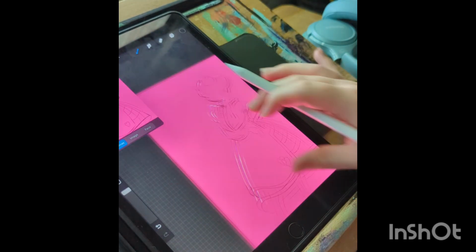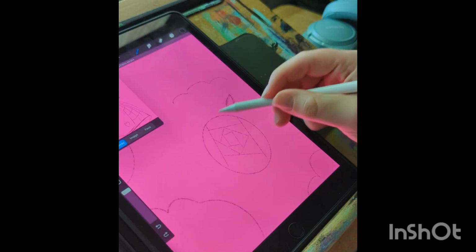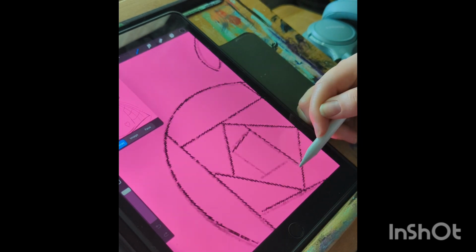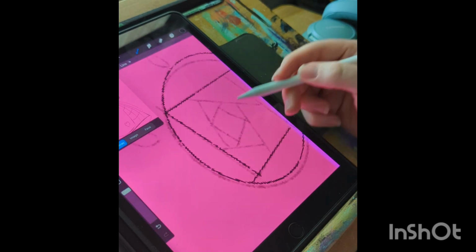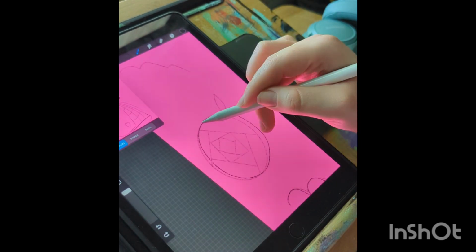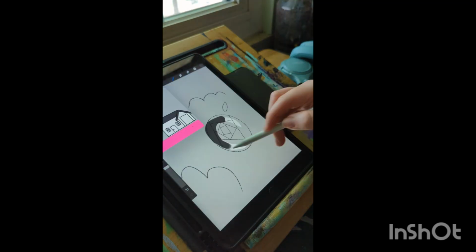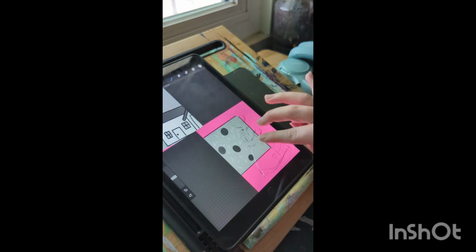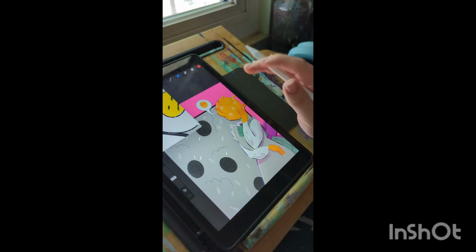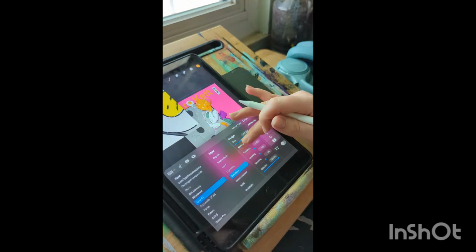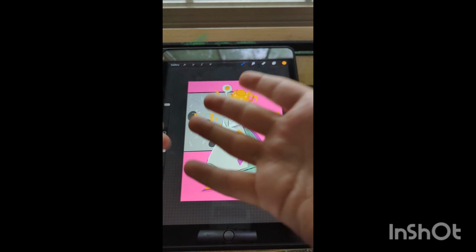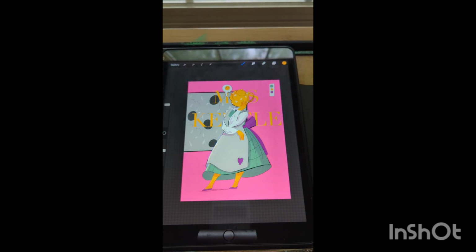So after lowering the opacity on the sketch, I went back over with my handy dandy dry ink pen and just went over the lines. Alright, after finishing up inking, I brought up a reference image of Steven and used the color palette from his poster. Then I doodled in a little emote for her to show her emotions, and then I added in the letters, just like Steven's. Okay, so now we have Mrs. Kettle. Just like Steven, she was born out of art block.